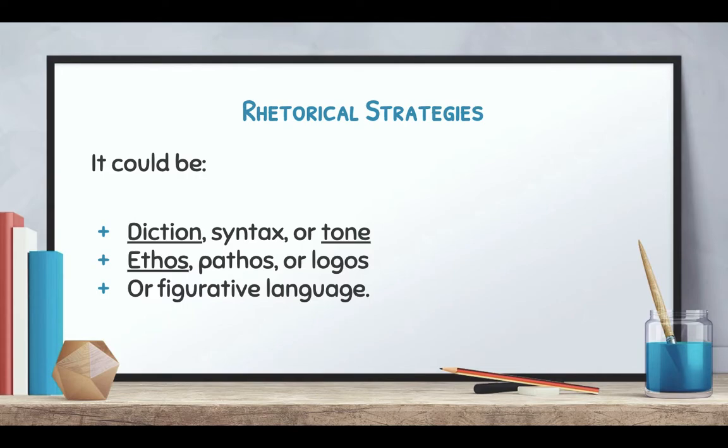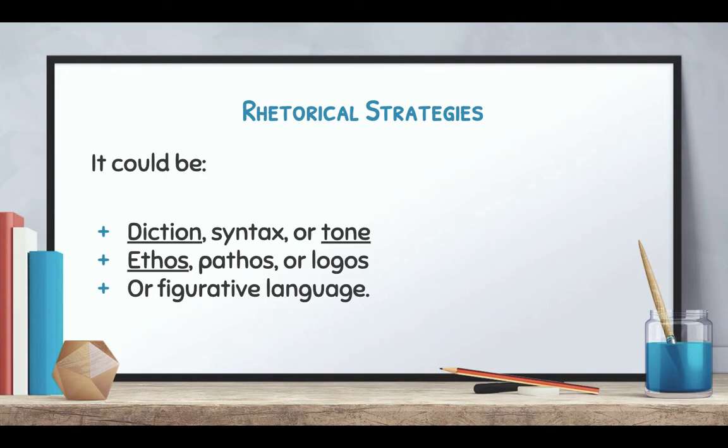If you're not sure what to write about, you can always write about diction. What specific word choices do they use, and why did they use those words? What's the connotation, the deeper meaning behind the words? If you use slaughter instead of kill, what's the difference between those two words? They're very similar, but the vibe behind them is different, that connotation. Syntax, sentence structure.